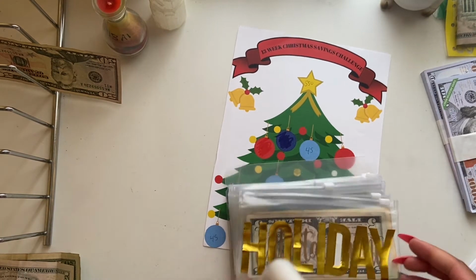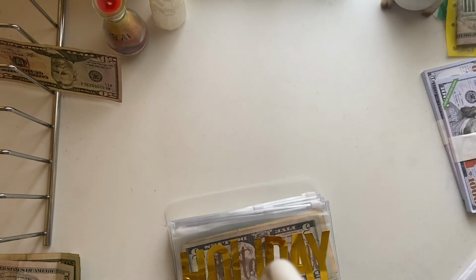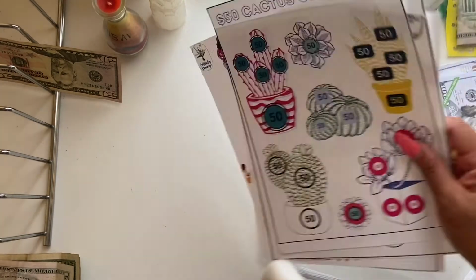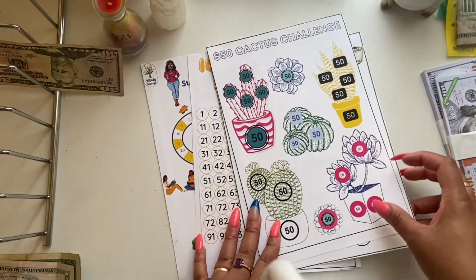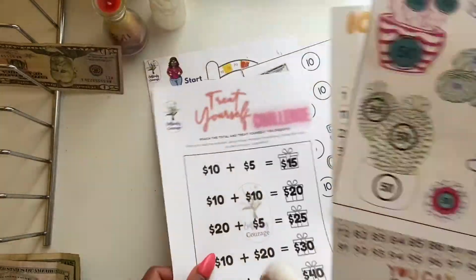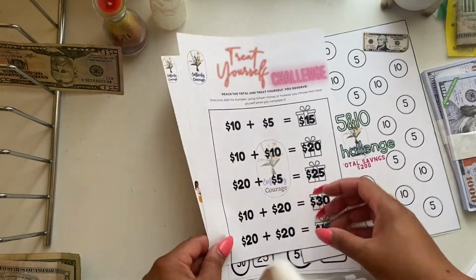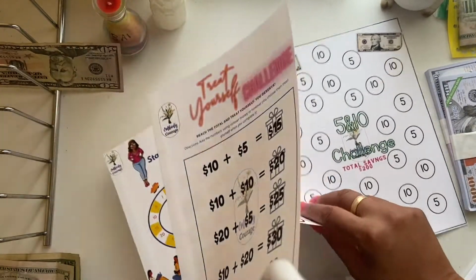All right, and then what I'm going to do, so we're done with the Christmas challenge. I also have these other challenges I'm going to be doing, but I'm not doing the 100 envelope this year, and I'll do the $50 cactus another day. All right, so I have